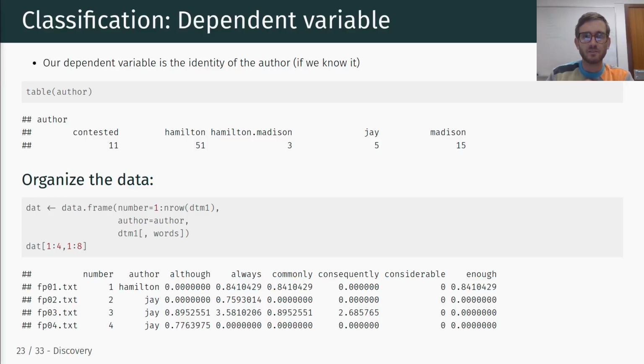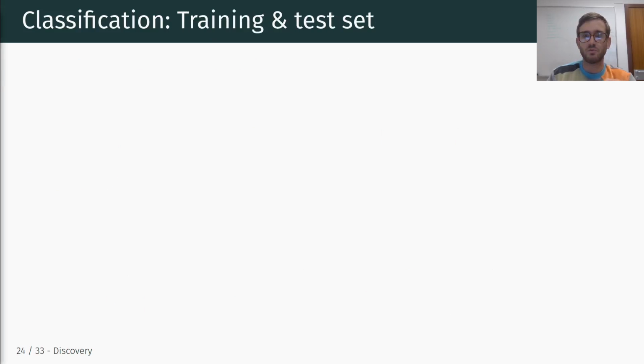Hey everyone. So after we have set up our data set, including this information about word usage of specific key terms that we identified previously, as well as the author information of the Federalist papers, we are now ready to proceed to split up our data. And the way we want to split up our data for this classification task is